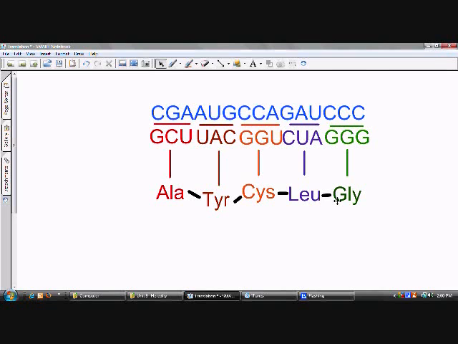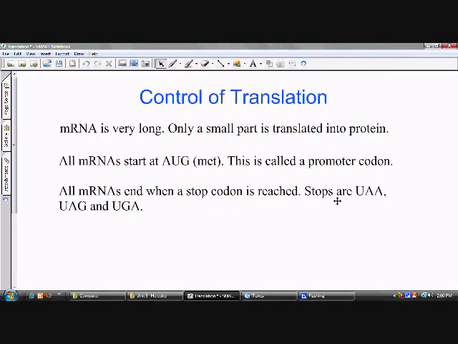Now, the trick is, though, how long does it go on? What controls this translation? Well, mRNA is very long, but only a small part of it is actually translated into a protein. How does that work? Every protein always starts at the same